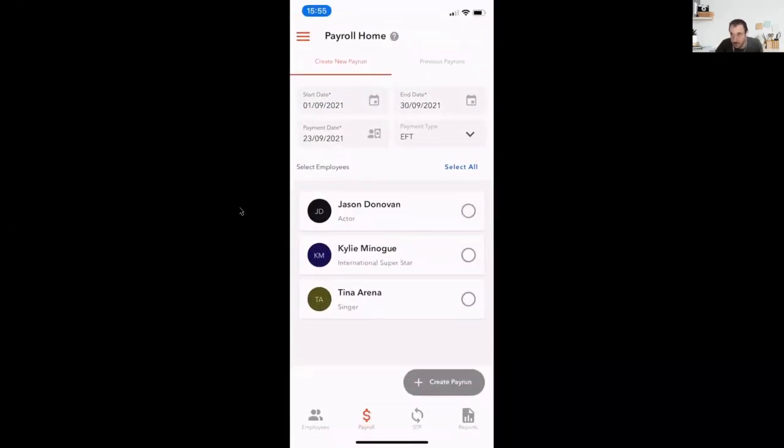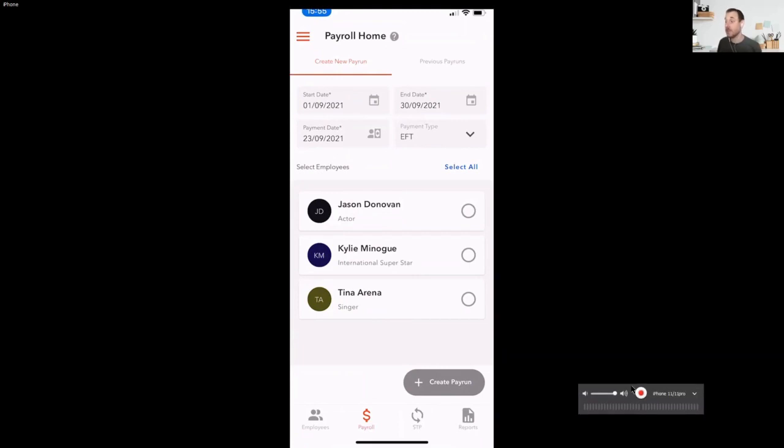So this is actually my iPhone that's connected to my computer. So it's designed to work exactly the same as the app, as the website. So anything you can do on your mobile, on your website, you can do here. Same with accountants, the accountants out there in the audience. If you've got numerous businesses set up connected to your account, you can access them all from the mobile phone app. So you've got these 4 menus down the bottom.